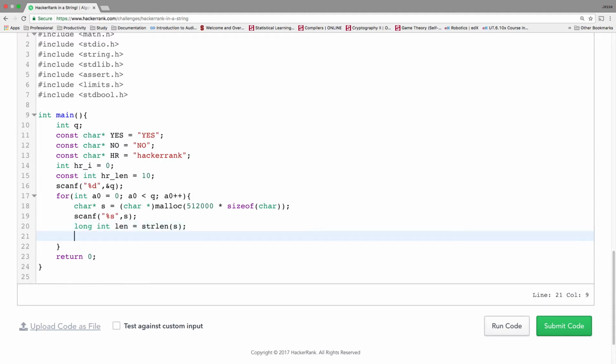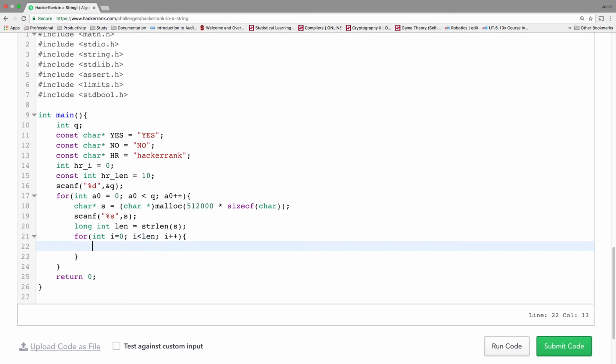Okay, and so what I'm going to be doing here is for int I equals 0, I is less than length, I plus plus. So this is going to go through every character on this string,